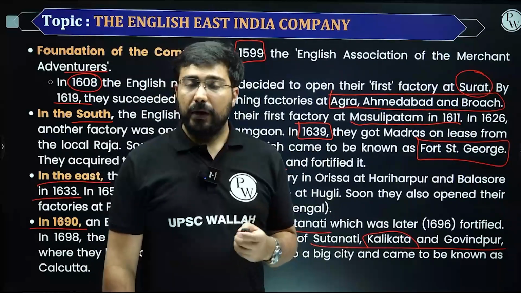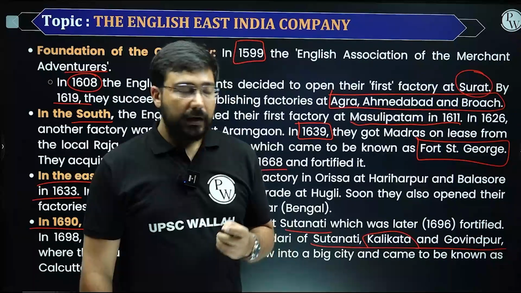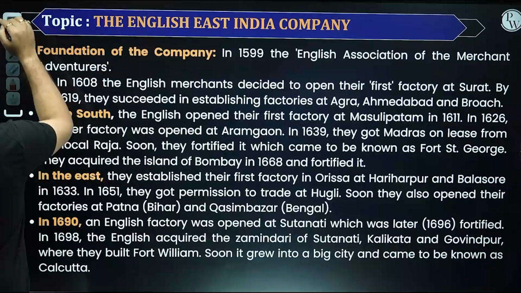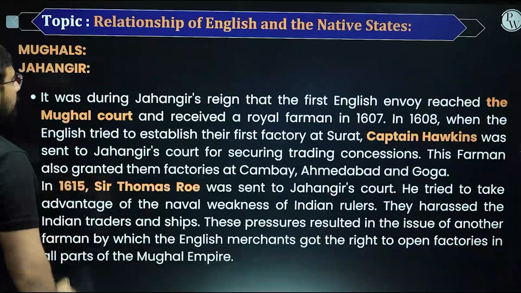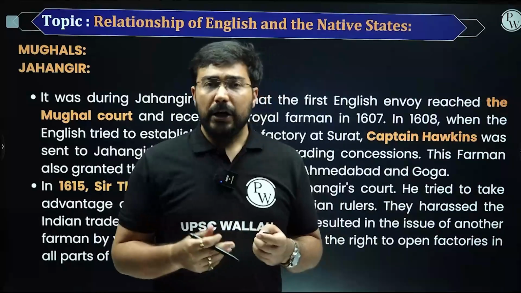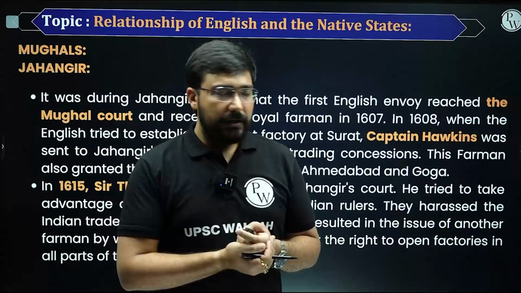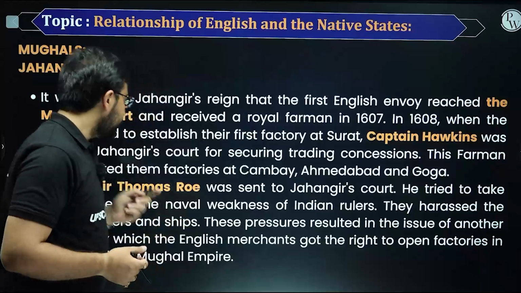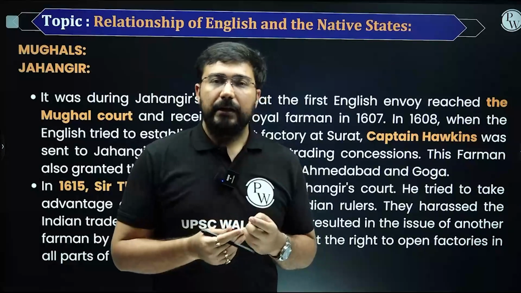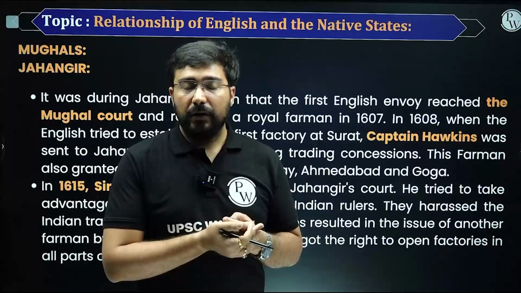And later on, Bengal will play a very important role in how they are going to use the resources of India for capturing and defeating the rest of the powers. This is about the English East India Company. When they came to India, two major personalities were looking for concessions. One of them was Captain Hawkins, and the second one was Sir Thomas Roe. And they played a very important role in getting concessions for the English, and this is how their standing kept on increasing.